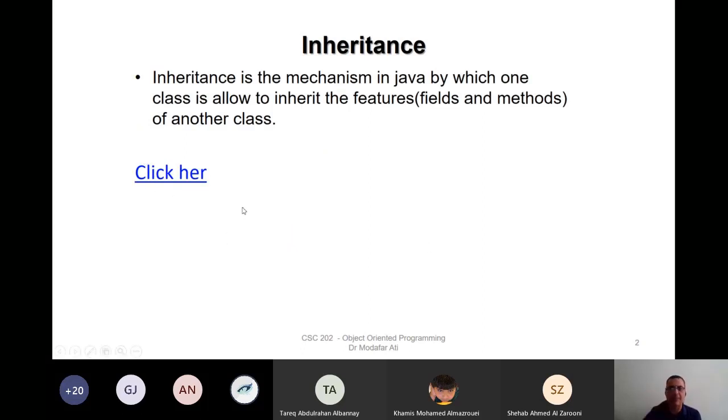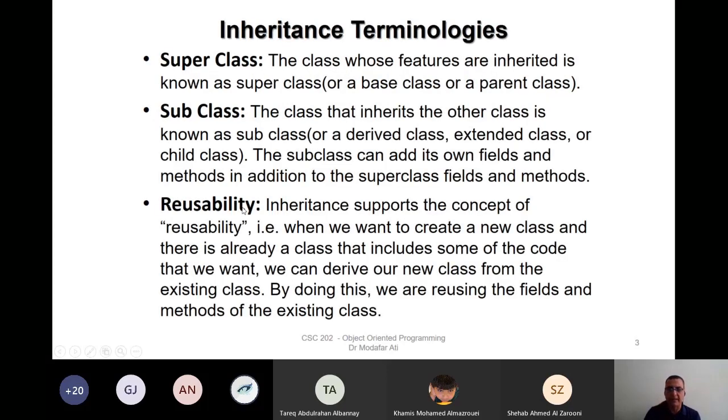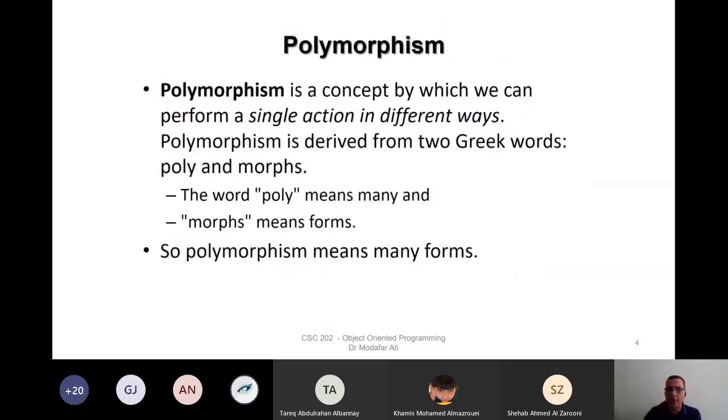What's the inheritance? What are these terminologies of inheritance? What's superclass, subclass? Why is reusability important? What does it mean here? And then we talk about polymorphisms and where